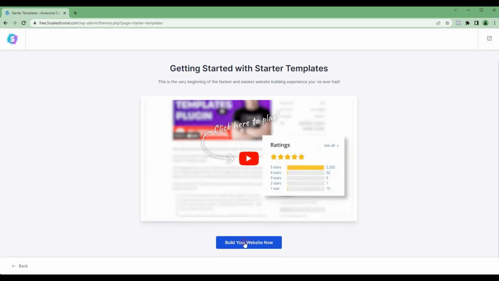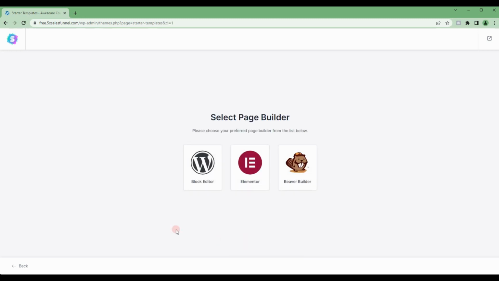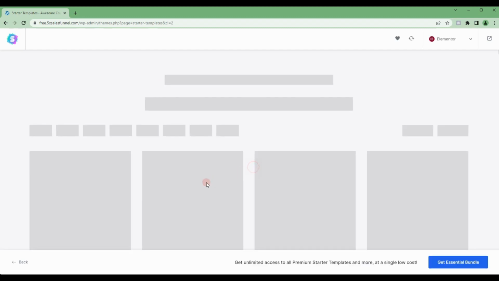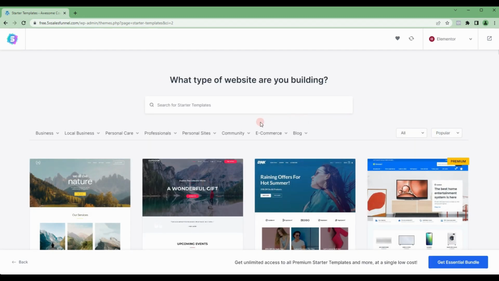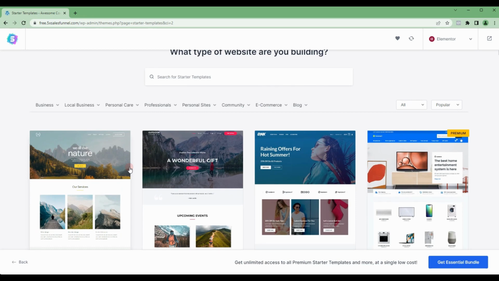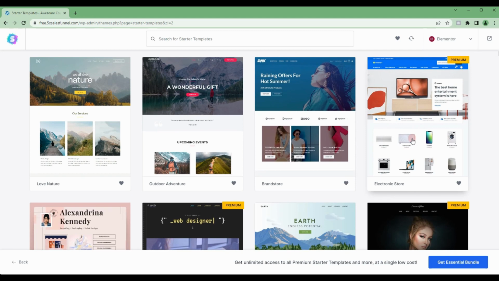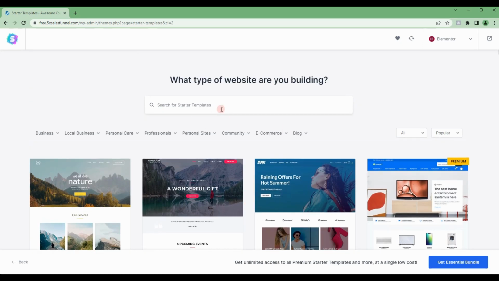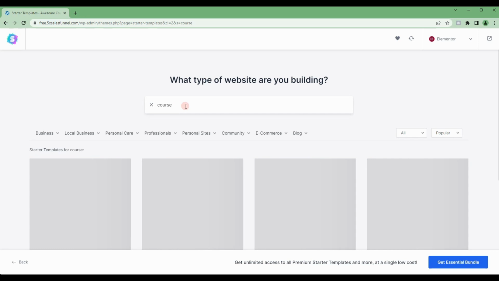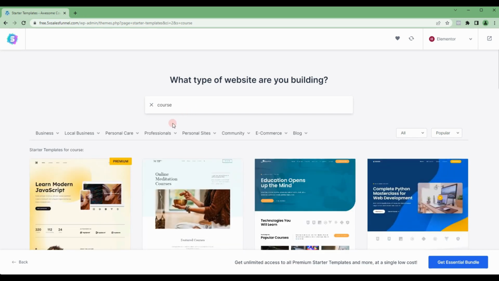You see this button called build your website now. Click on that button. It's asking which page builder you are going to use. We are using Elementor, so we select Elementor here, and it gives us some ready-made templates that are available in Astra. Now, I understand that many of the beautifully designed templates are under the premium tag, so we can't use those, but we have certain templates that will give us a very decent appearance even using the